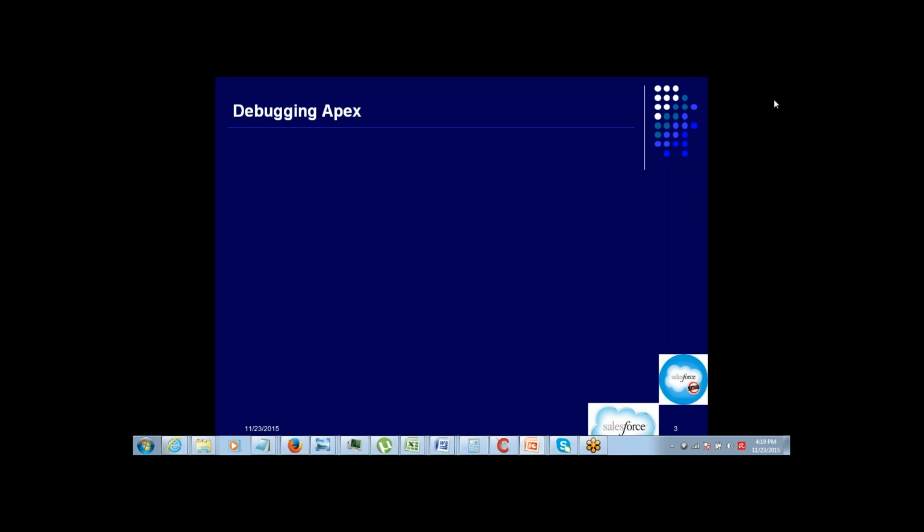Okay, debugging Apex. What is debugging and when do we require debugging? See, if I have written an Apex code and when I try to execute the Apex,